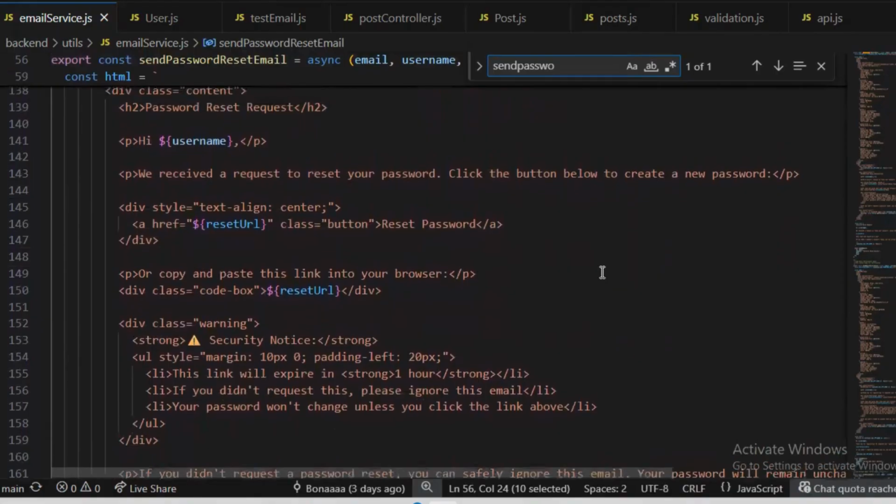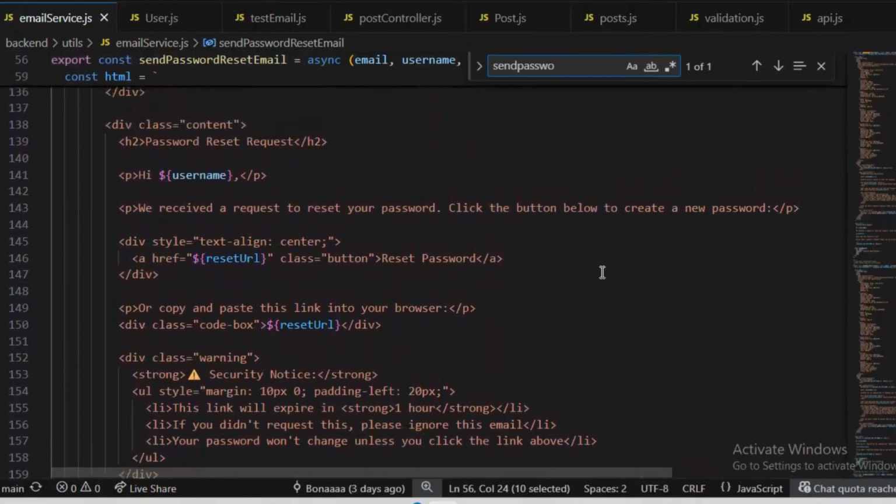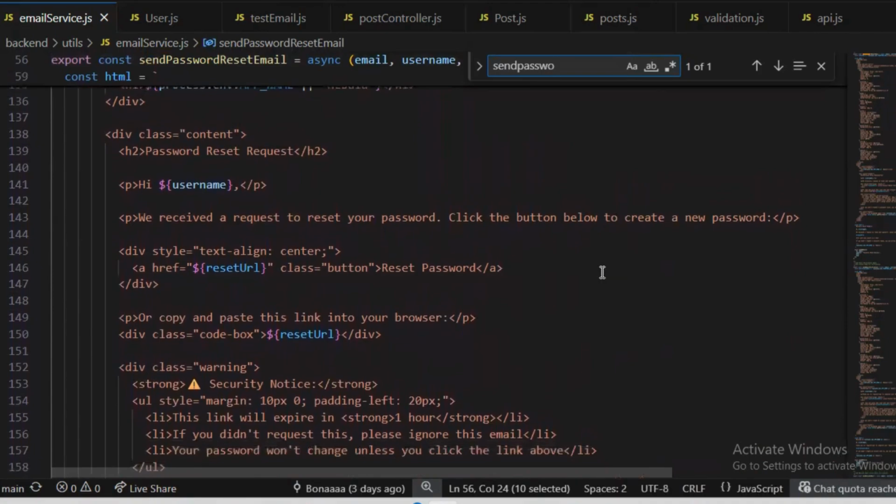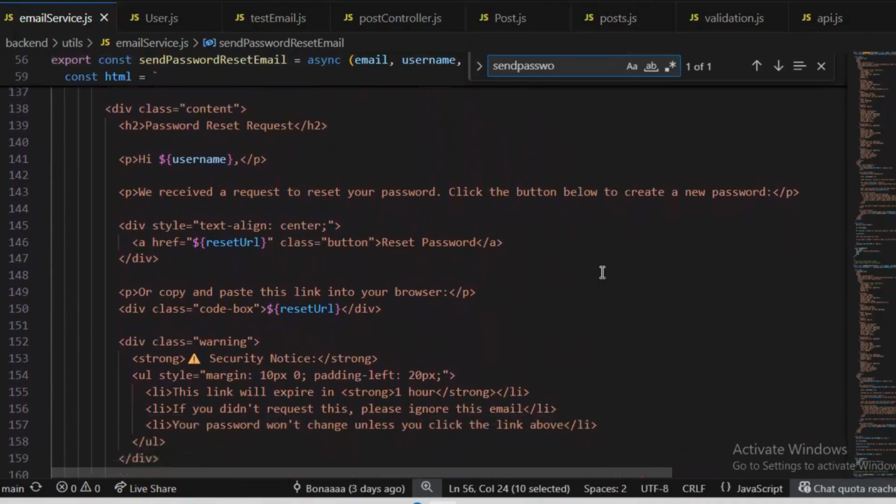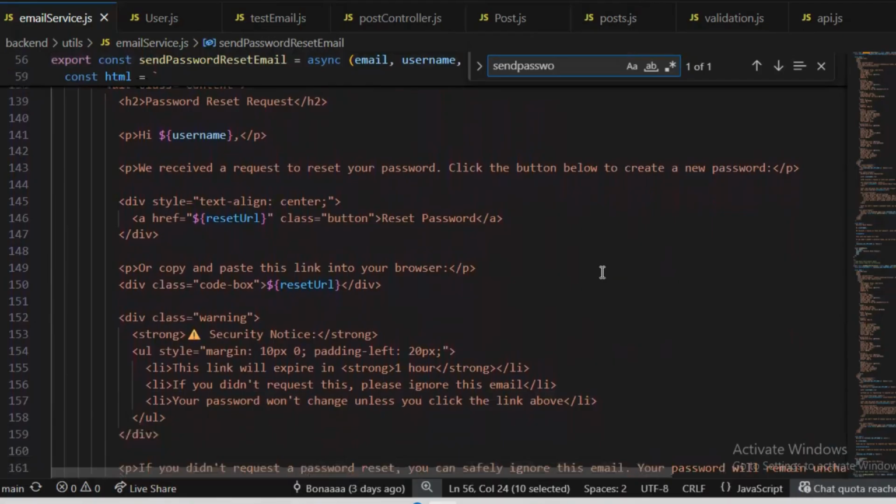In this case, it is the template for when a user wants to reset their password, and it will be sent to the respective user.